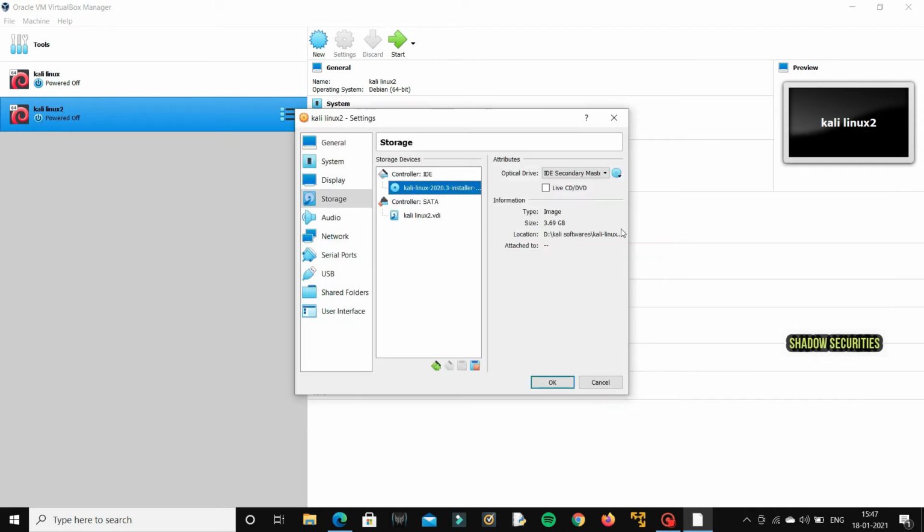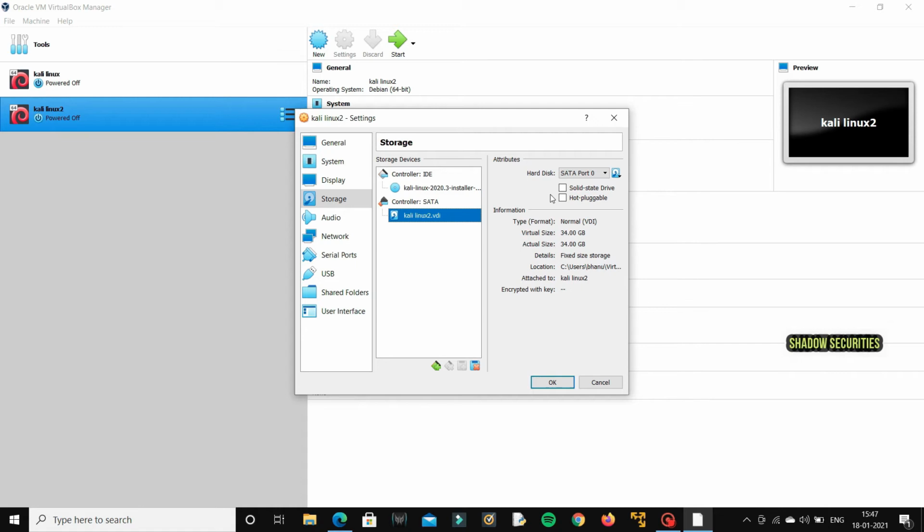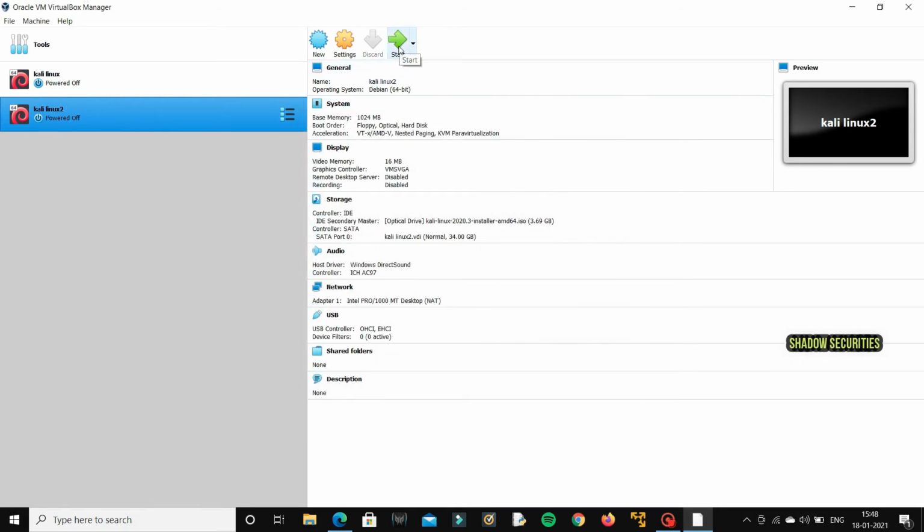So now it's added. After that, I'll go to this option below, and I'll click on these two options. By clicking on these two options, if you are using HDD also, it will work as solid state drive, I mean SSD. So simply click on these two options. So your virtual machines may work little bit faster because solid state drive is faster than HDD. I mean SSD is faster than HDD. So I'll simply click on that both options and I'll click OK,